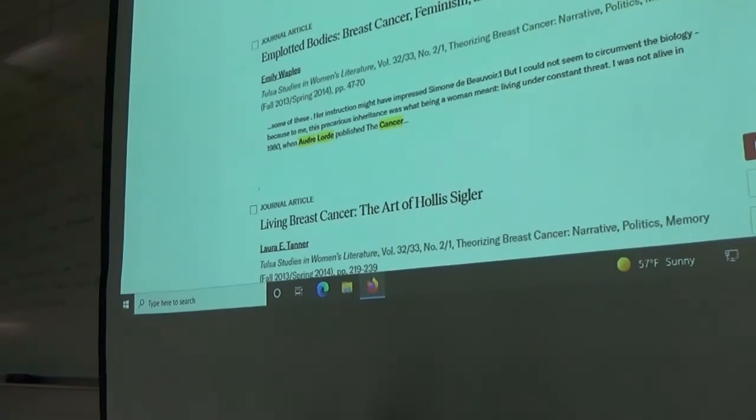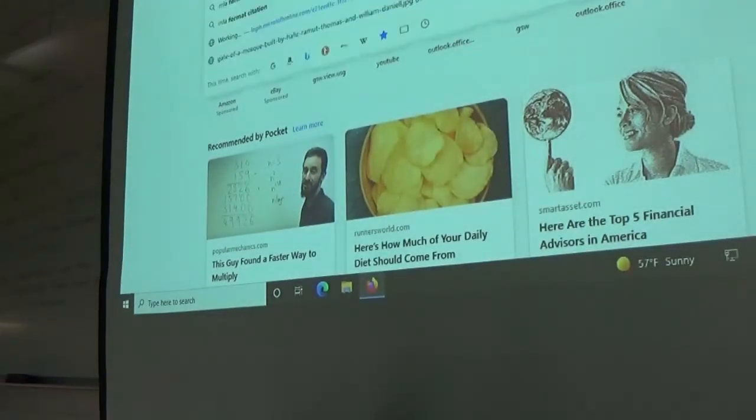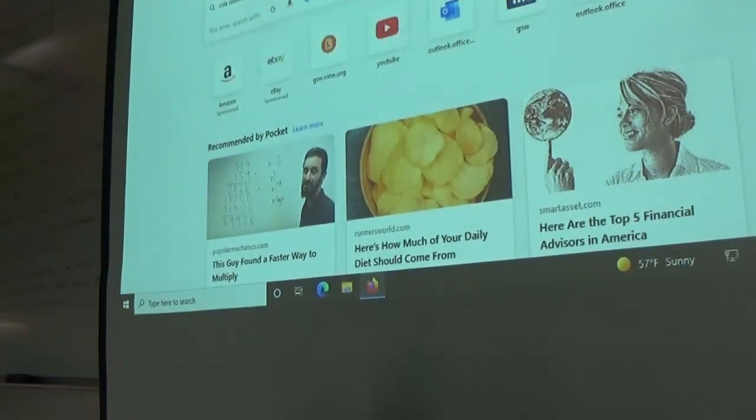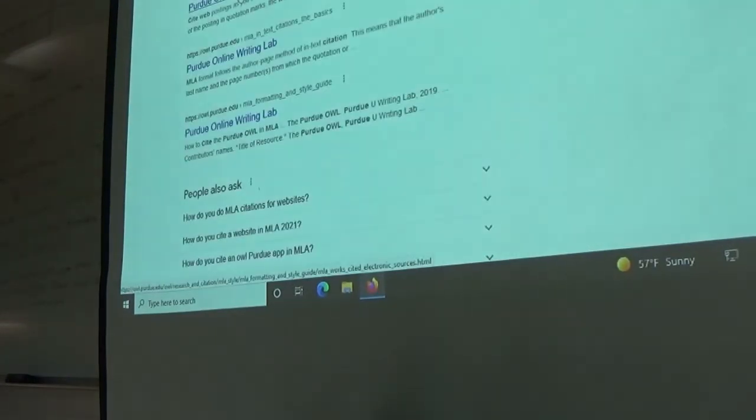Okay. So the best place to go, I'll show you the website actually, for MLA citation, the Purdue Online Writing Lab, Purdue OWL, right? owl.purdue.edu.